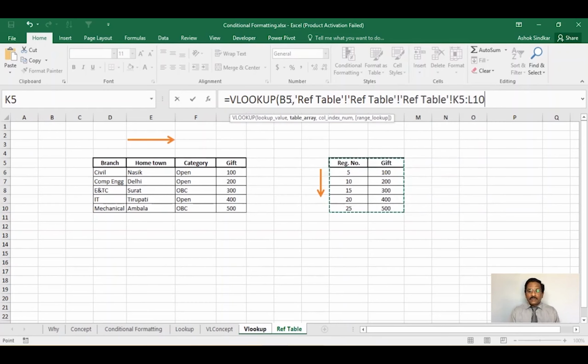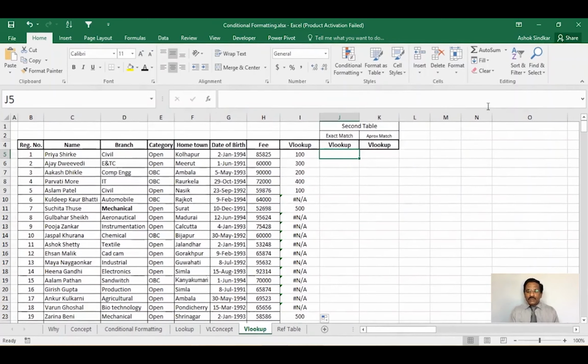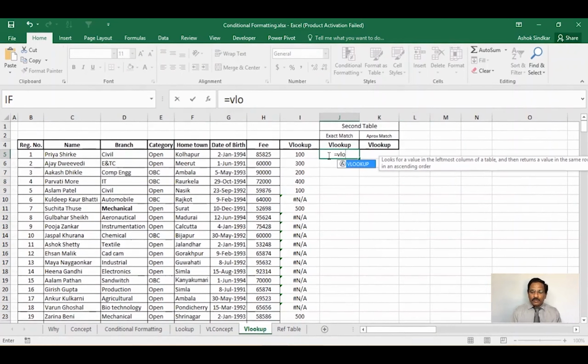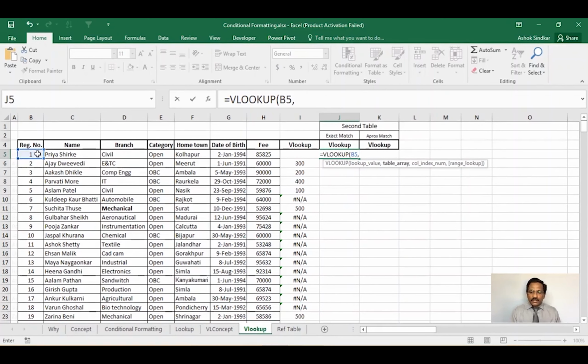See, look at the screen. I used this once again and again, so that's why it wrote it three times, and definitely now this will not work. So I need to write it once again. Okay, again I am writing equals VLOOKUP. What is to be searched? This is B5, whatever is there in B5 is to be searched. Then where to be searched? In the reference